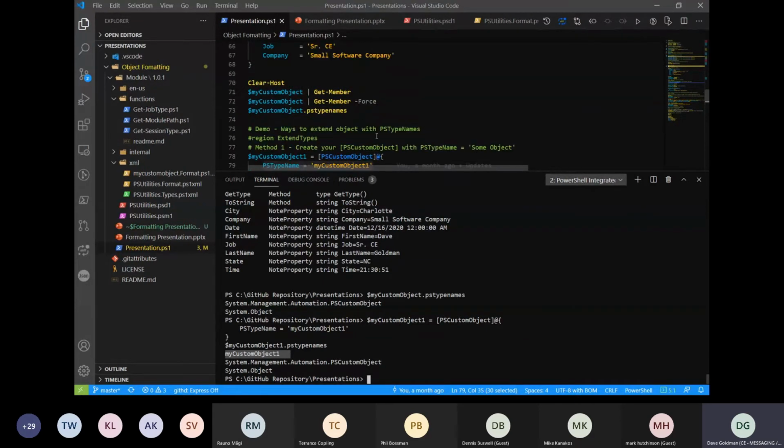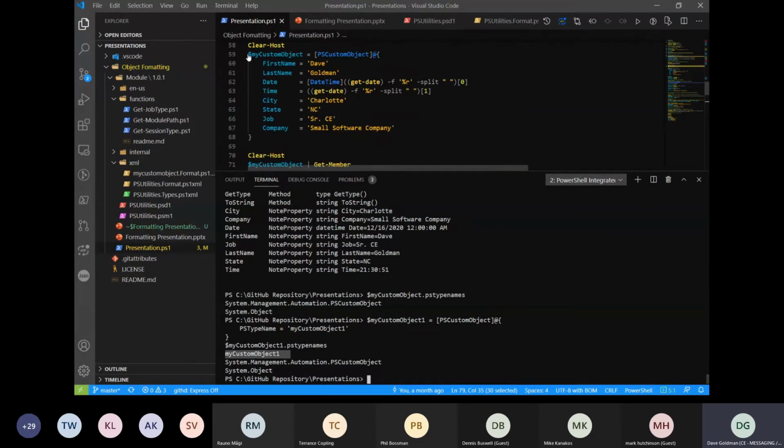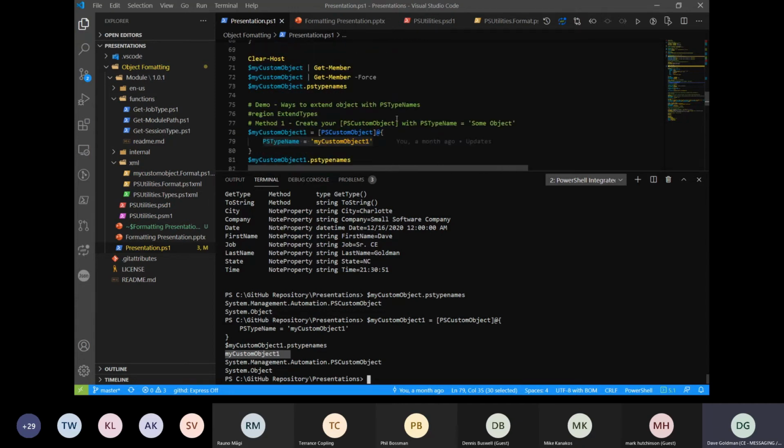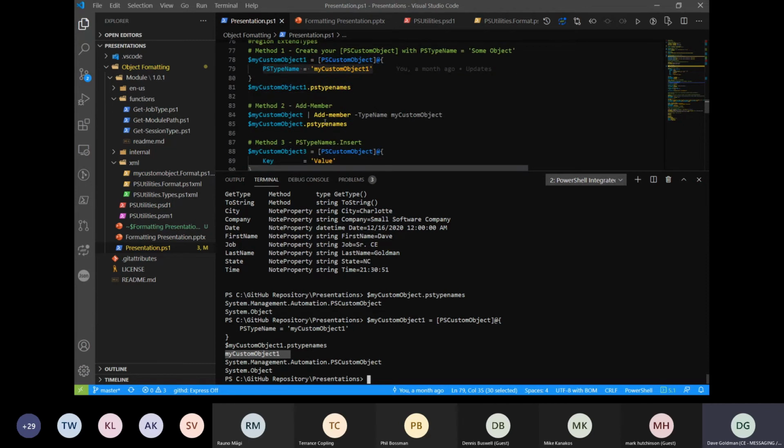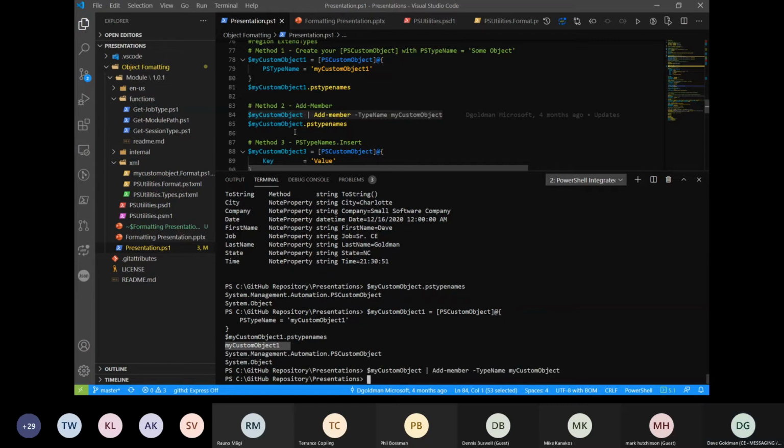If I have my custom object up here where I did not add that, so maybe I'm working with Mike or Phil or someone, and they sent me this object in their code and they're like, hey, we need you to do some work. We need a custom view, but they didn't extend it. What I can do is take that custom object and call Add-Member, and pass in the type name parameter and add my custom object.